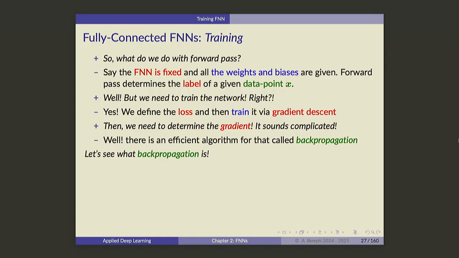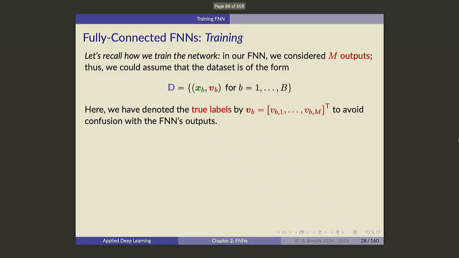This is why we developed the algorithm called backpropagation, which is nothing but the chain rule that many of you know from high school. We just write it down in a systematic way that's going to help us efficiently compute the gradient, okay? Everybody's clear? So one thing from the very beginning: backpropagation, even though many people say this, technically is not